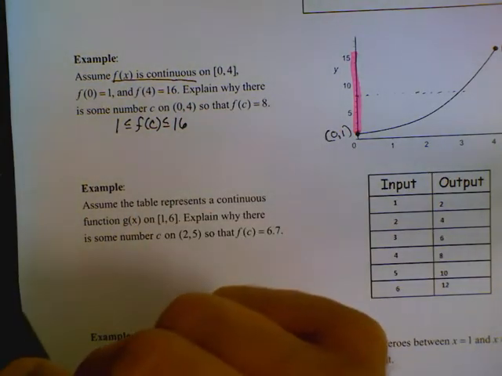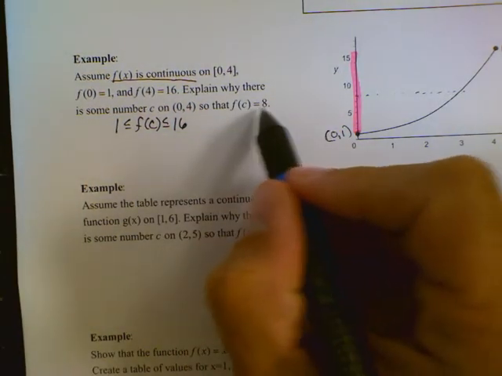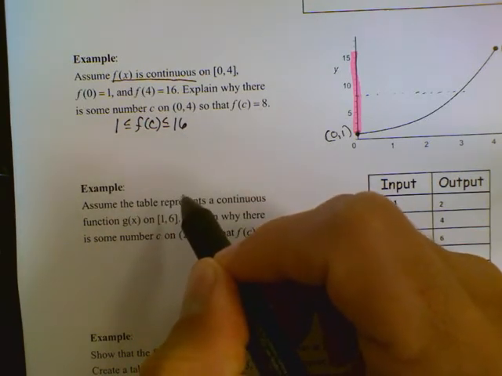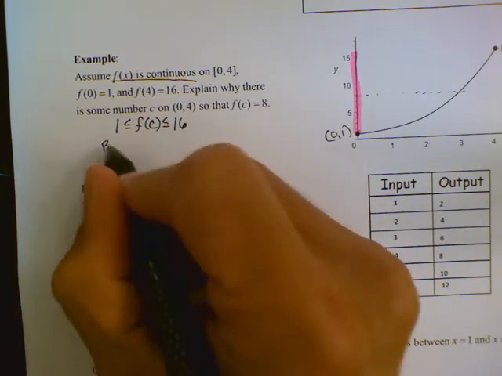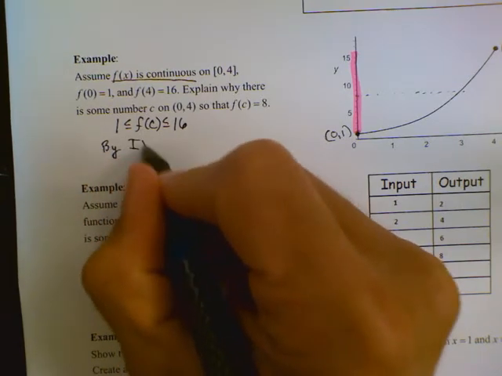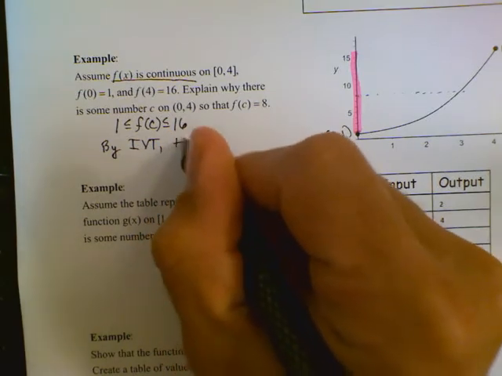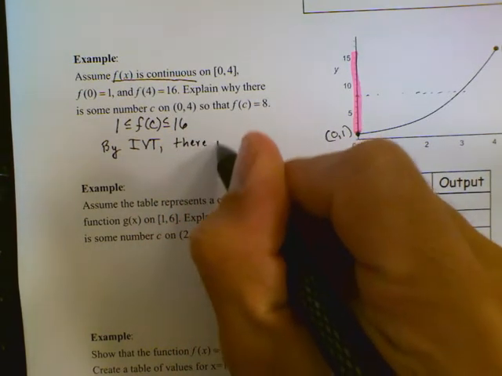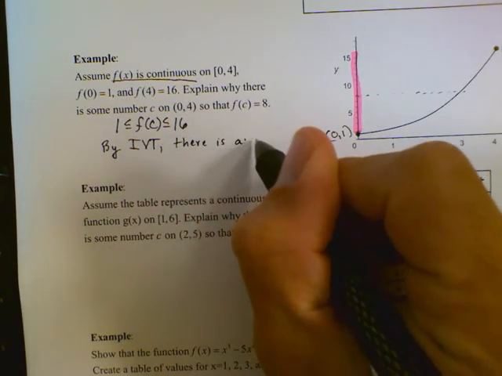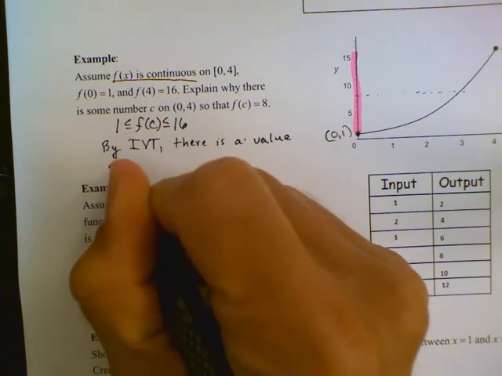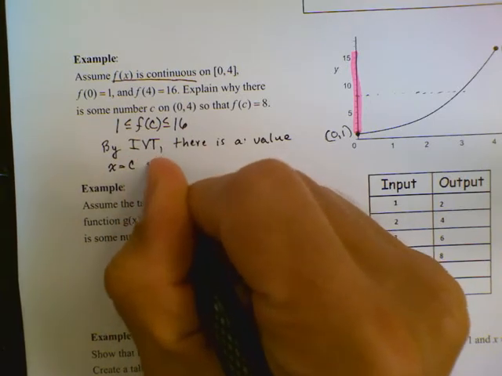So basically what we've just said is that this value 8 is between 1 and 16. So by the intermediate value theorem, there is a value x equals c, so that